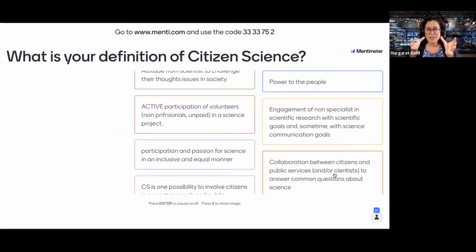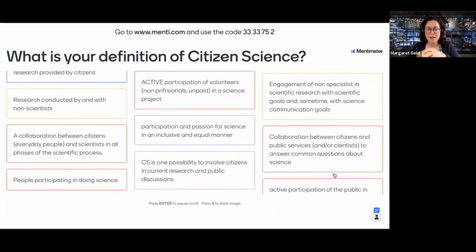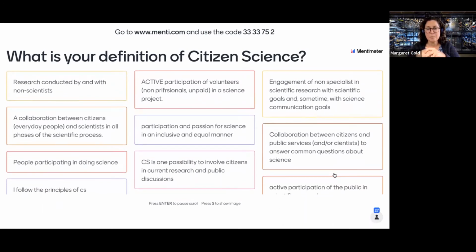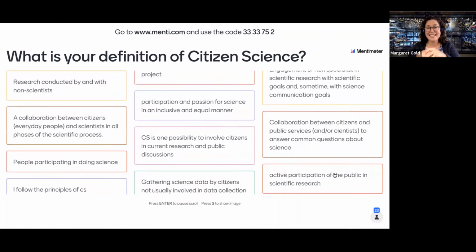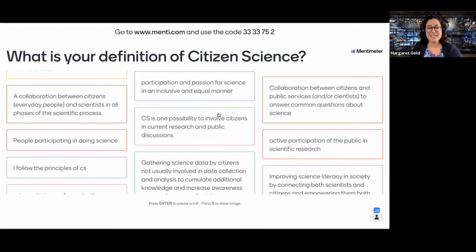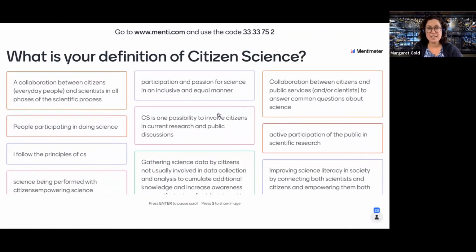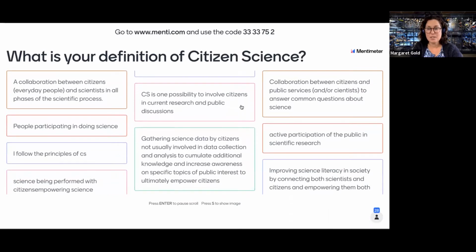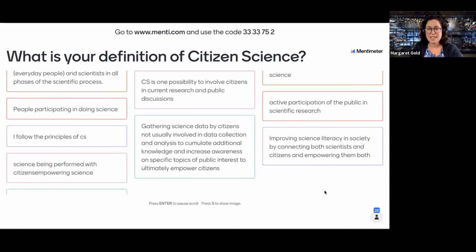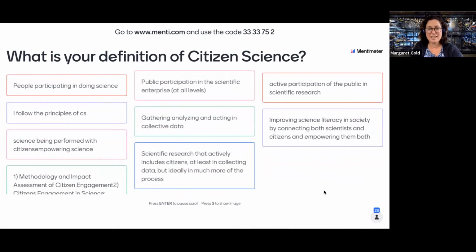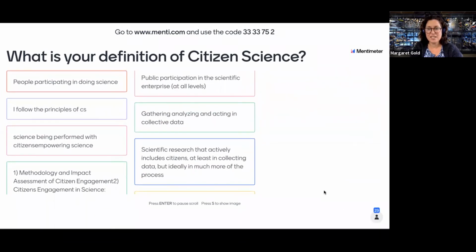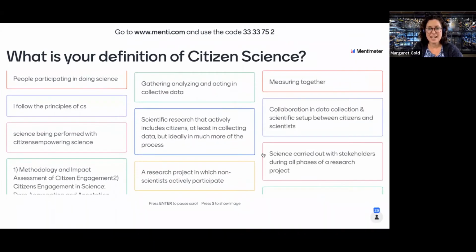So already you're seeing that there's a really rich feeling for what kinds of things are encompassed in citizen science. But if we tried to turn this into one magic sentence that encompassed it all, we would just end up with sentence number 16, trying to describe citizen science. So this is the challenge that we faced in the EU CitSci project. See still a few people ticking in. Really lovely definitions. I'll share as many of these as I can afterwards.